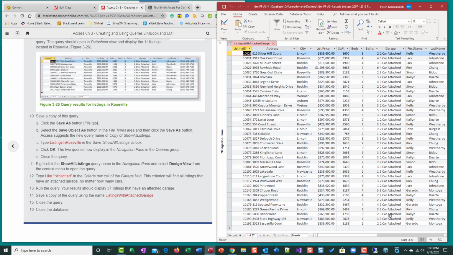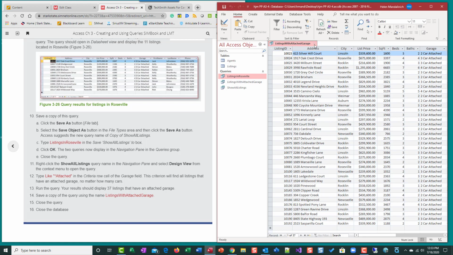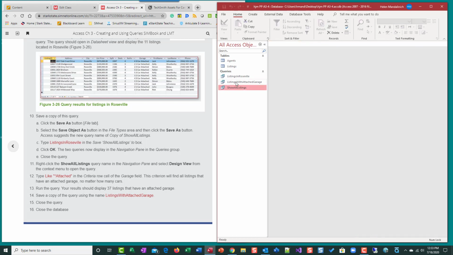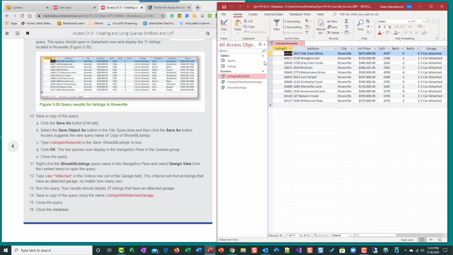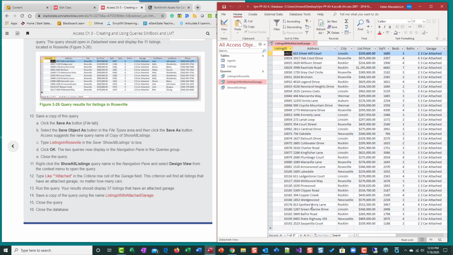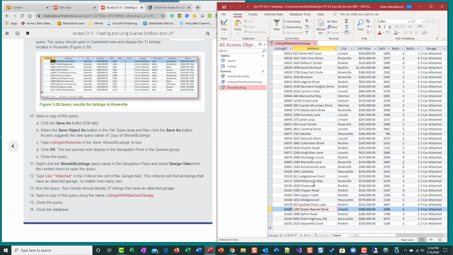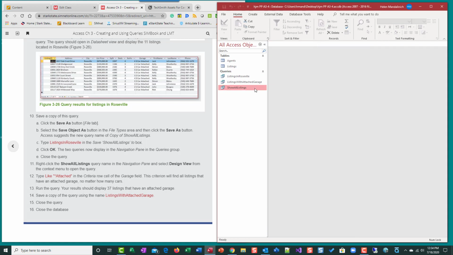So look, it's still attached, but the city is not just Roseville. So I'm going to change that and make a save. So we should now have all listings, 36, Roseville, 11, attached garage, 37. So there must only be one, 57, show all listings, 57. So let's take a look